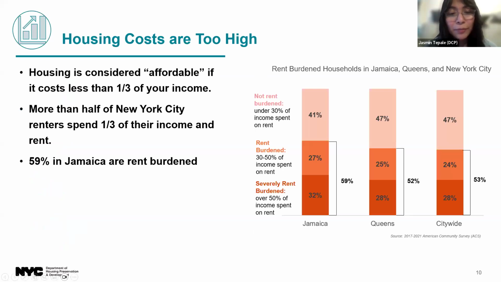So first, what we all see every day in New York City is just that housing costs are too high. Rents are rising, but incomes aren't. It's even hard for New Yorkers with stable jobs and incomes to find apartments. Over half of New Yorkers spend more than a third of their income on rent, which is rent burden, that middle shade of orange that you see on the screen. And then around 30% of New Yorkers are severely rent burdened, meaning they spend more than half of their income on rent, which is that dark orange that you see on the screen. Next slide.